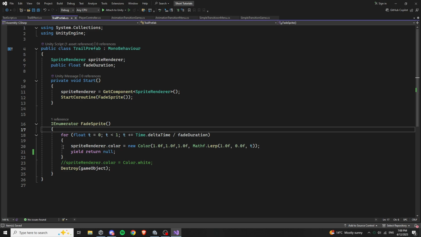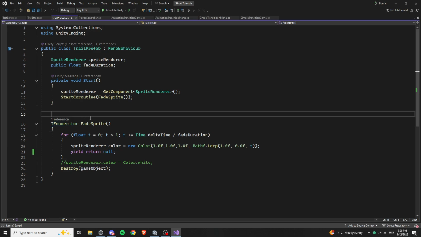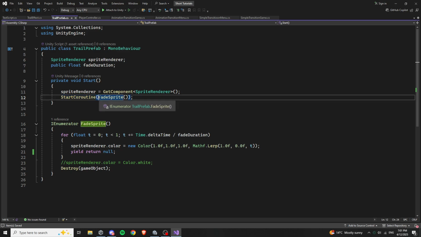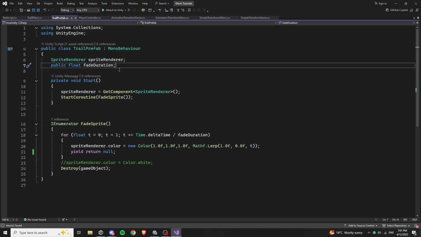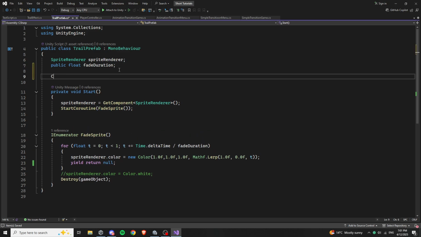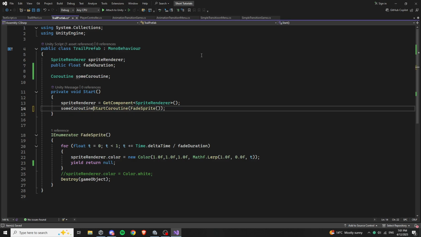Okay. But the important thing is just that a coroutine is for processes that take time. And unlike functions, you have to say StartCoroutine. And also another useful thing, you can save coroutines like this. The coroutine gives the name. Okay, like that. And then when you start it, you can actually save it in a variable like this, you see. And this is useful because